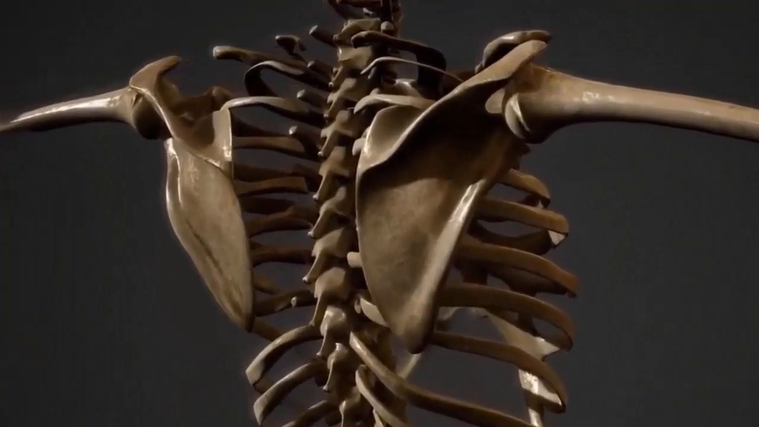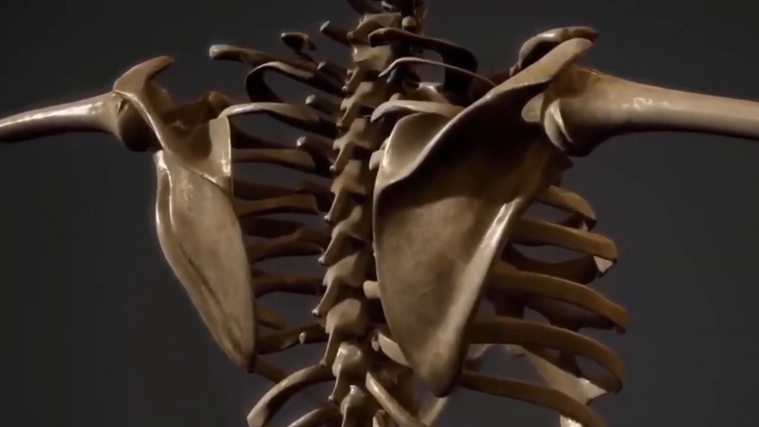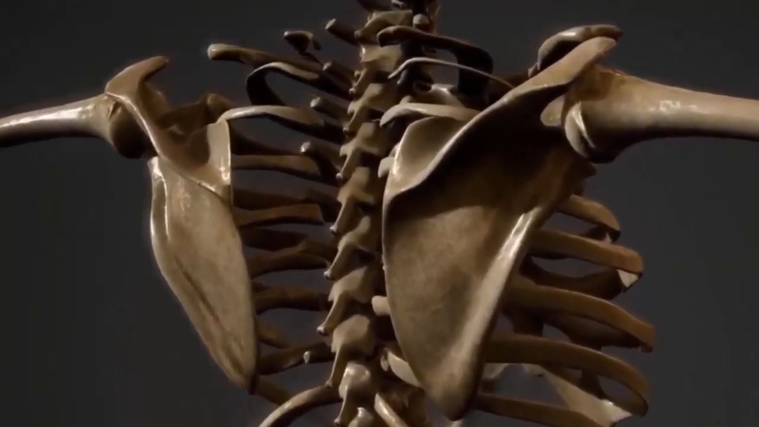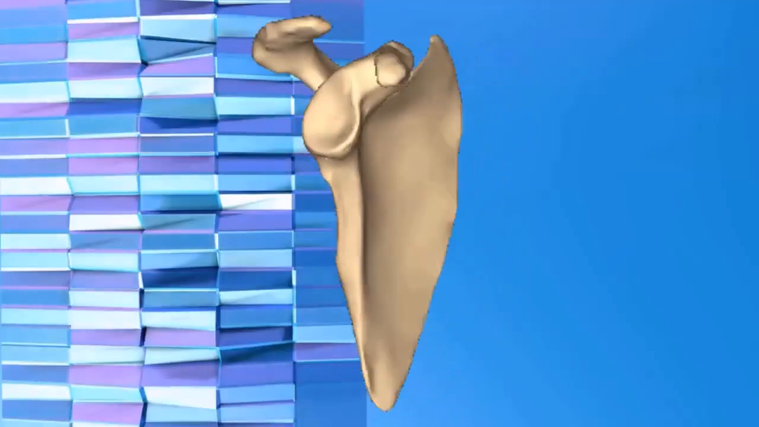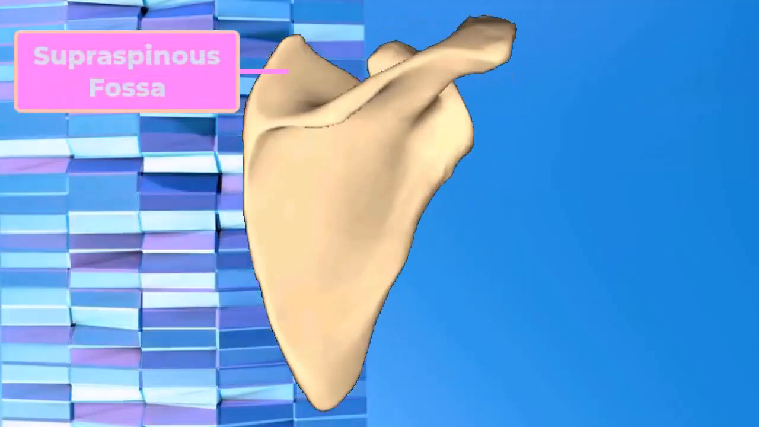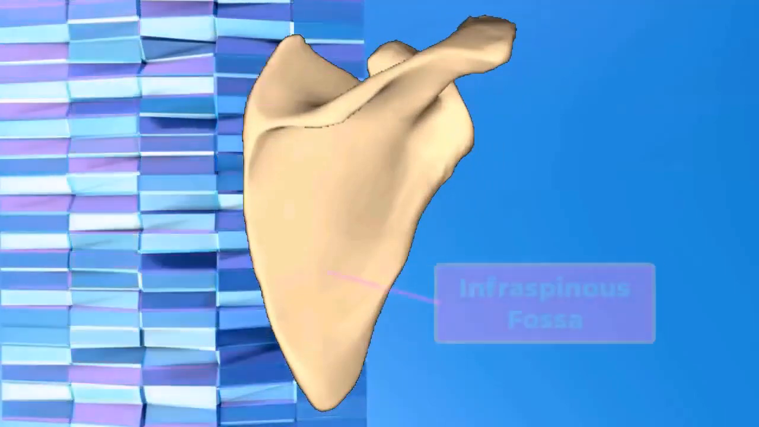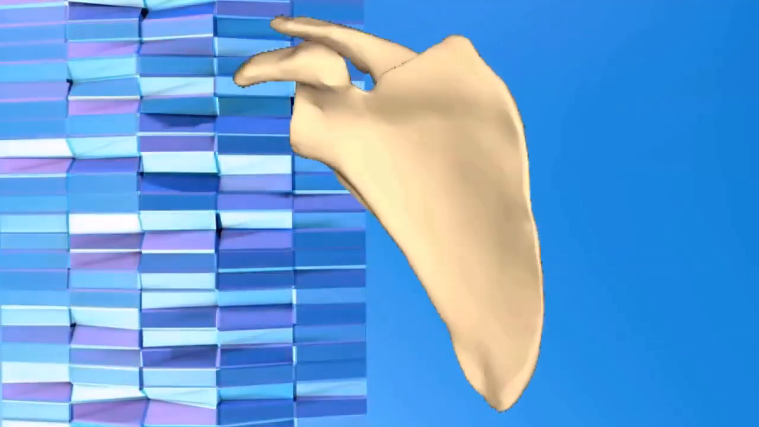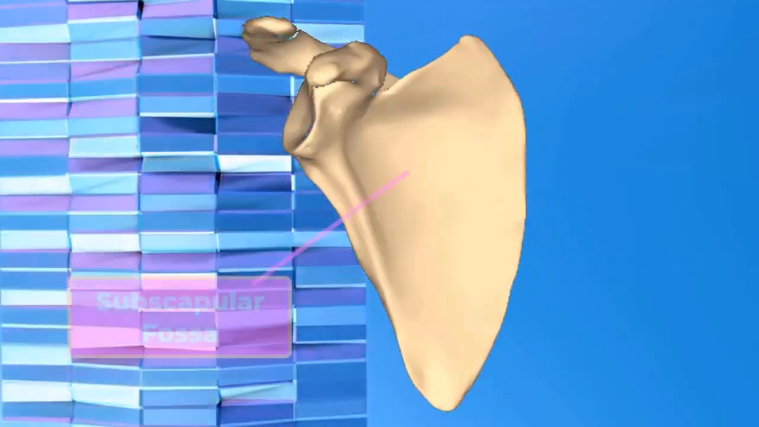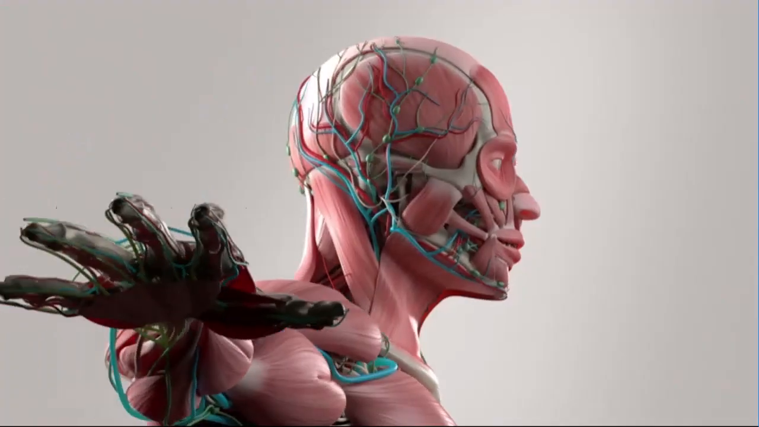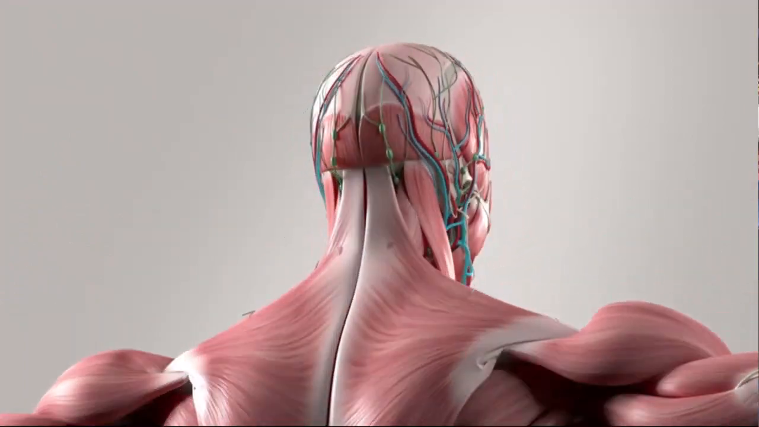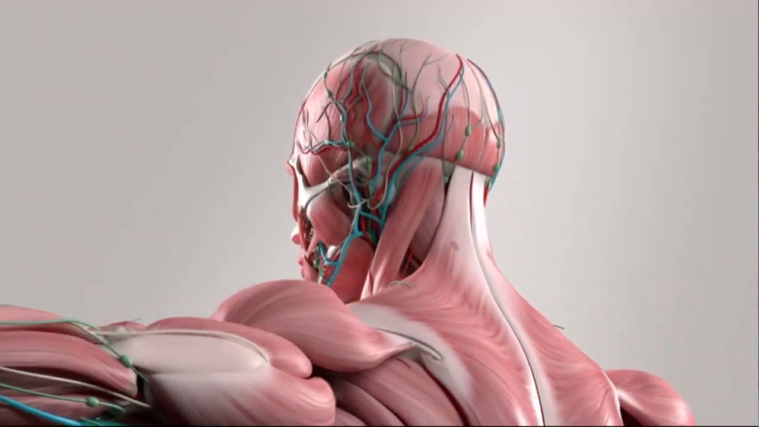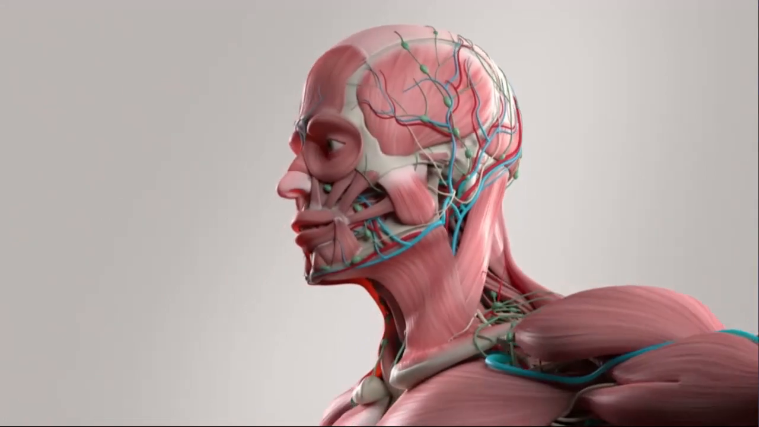Two of these are found on the posterior scapula, above and below the scapular spine. Superior to the spine is the narrow Supraspinous Fossa, and inferior to the spine is the broad Infraspinous Fossa. The deep anterior surface of the scapula forms the broad subscapular fossa. All of these fossae provide large surface areas for the attachment of muscles that cross the shoulder joint and act